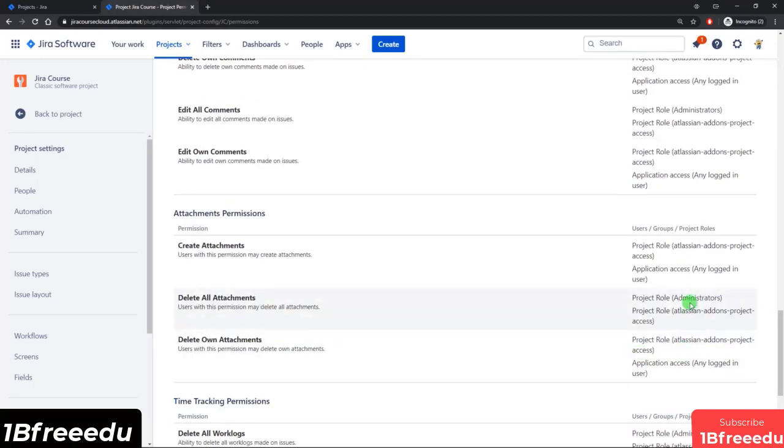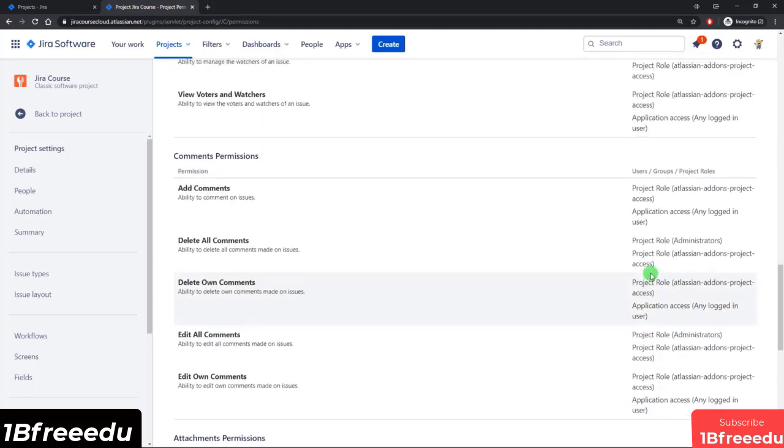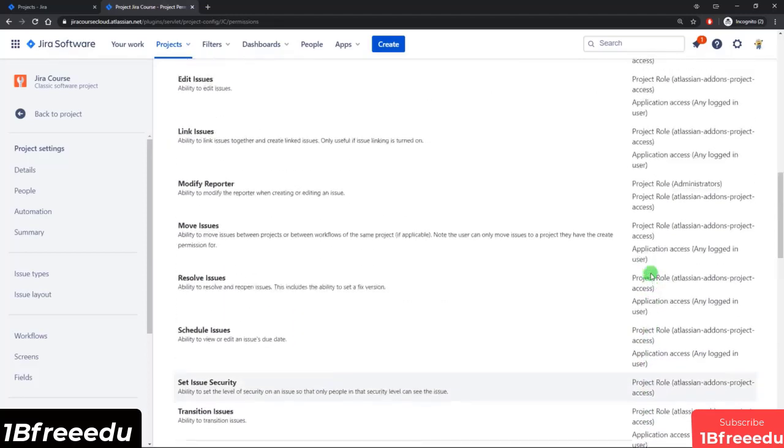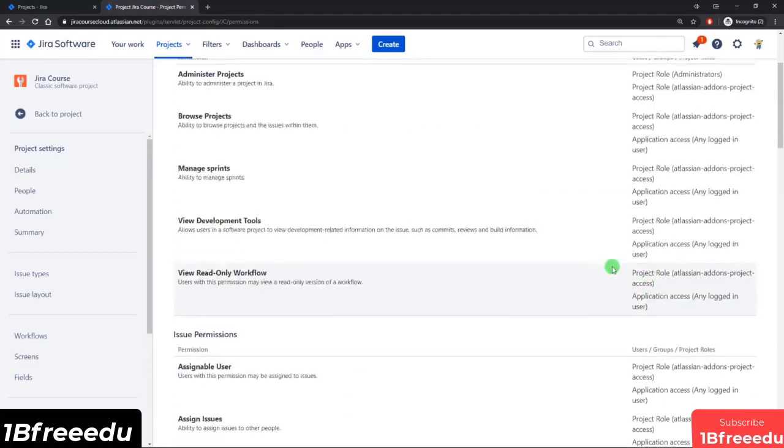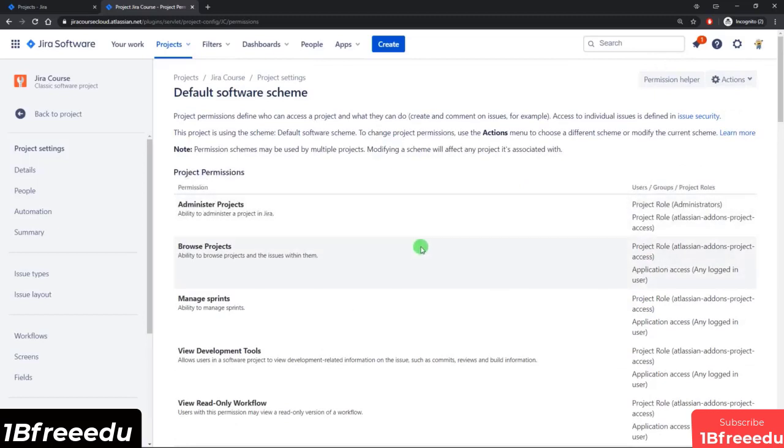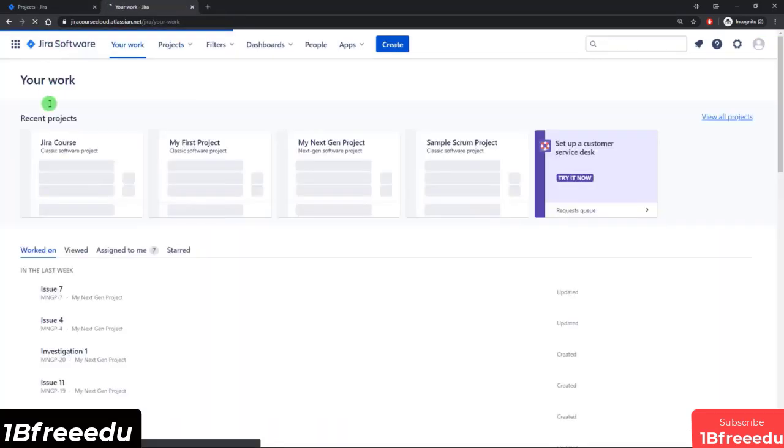On the right side, you can see the user group or project role. Project role is something that we'll take a look at very soon, but you can see the users and groups that each of these permissions are assigned to. So basically, this project uses this permission scheme, and you can create new permission schemes. You can create multiple permission schemes and assign them to different projects. So where do we do that? I'll just go back to the home page